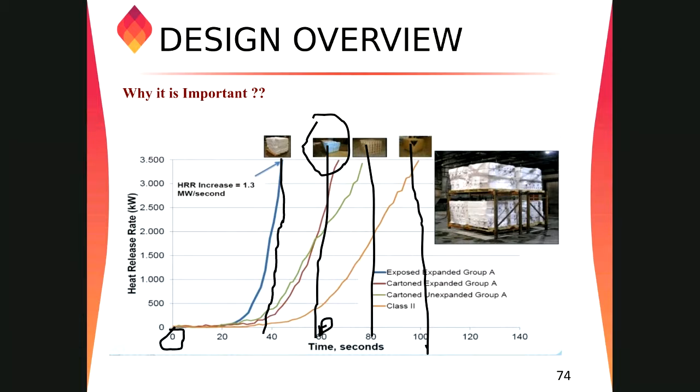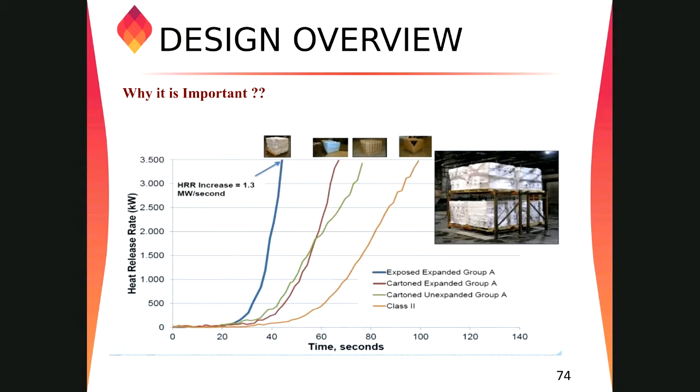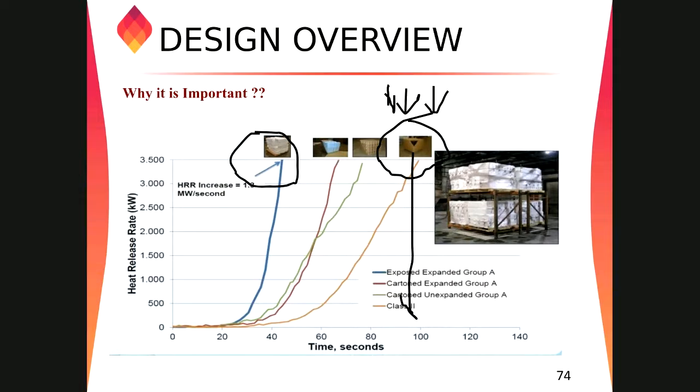We'll go to the classification, and again, I just want to emphasize at this point that different products behave differently, and they give more heat compared to other products. So if your sprinkler system is designed for class 2 commodities, and you store these kinds of products, and if there is a fire, this sprinkler system will not control the fire, because the water will be very less to fight the fire for group A plastics.